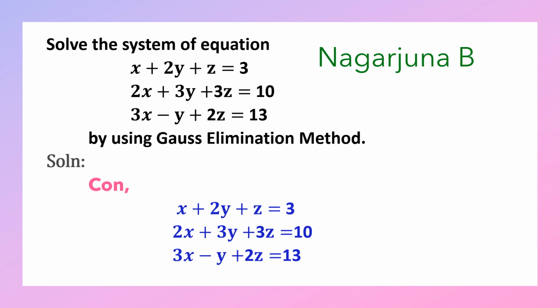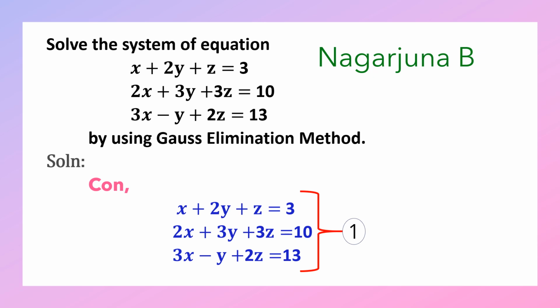Solve the system of equations x plus 2y plus z is equal to 3, 2x plus 3y plus 3z is equal to 10, 3x minus y plus 2z is equal to 13 by using the Gauss elimination method. So they have given 3 equations and 3 unknowns. Solution: